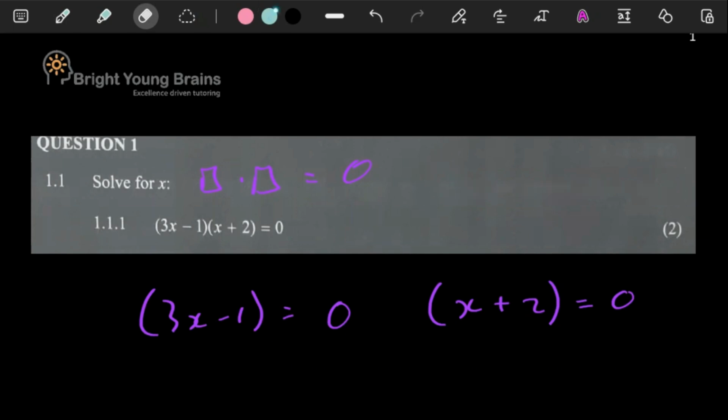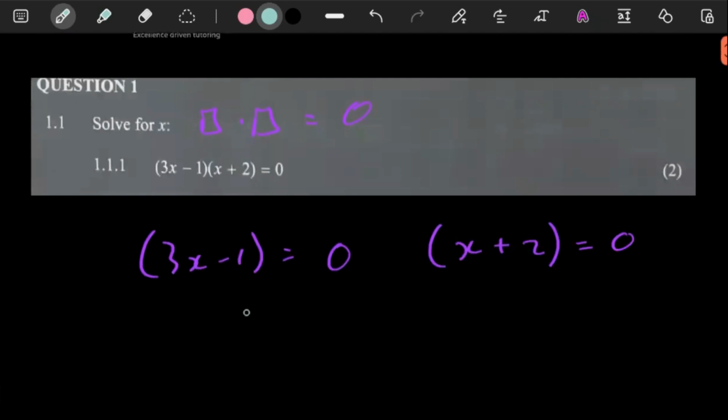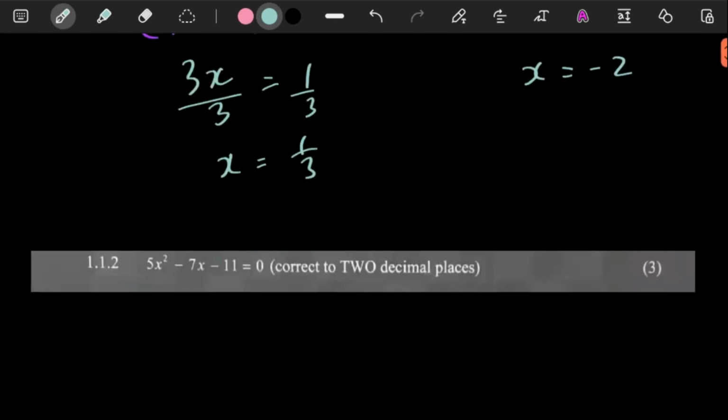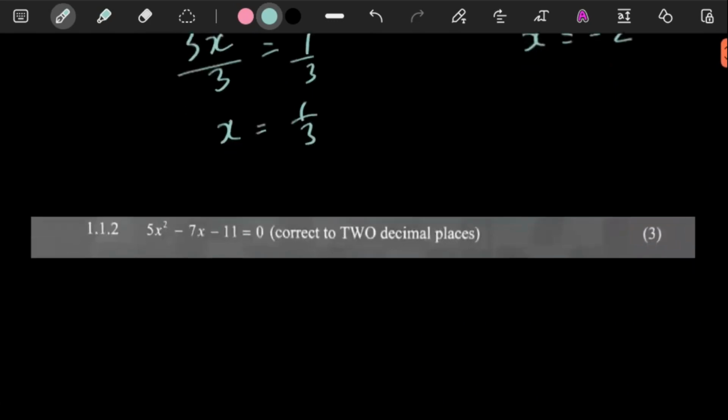But anyways, moving on from here, we can already see that the 1 here can go to the other side, becomes a positive 1. Divide both sides by 3. You're going to have x is a third. For the other one, x is going to be equal to negative 2. Okay, nothing crazy here. The next question, if they're going to ask us to give our answer to 2 decimal places,